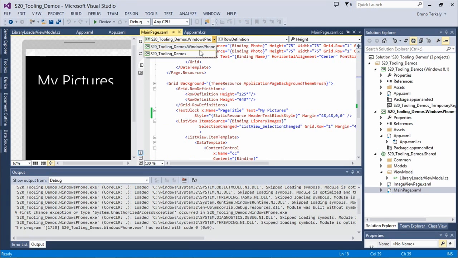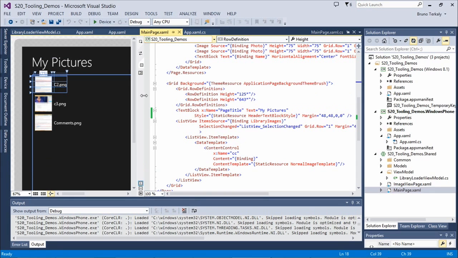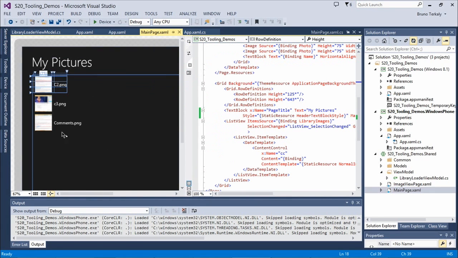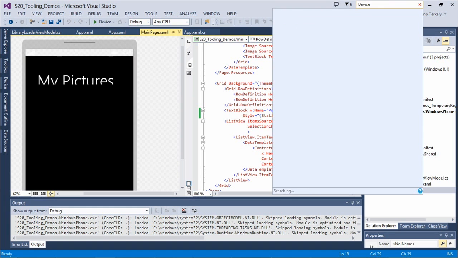But I'm going to show one thing here. This is kind of fun. It actually runs off of the data, our pictures data, inside of the designer for Windows. But you see that when we have our Windows application, the My Pictures looks fine, but we can see that it's all cut off when we're using the Windows Phone version. And this is kind of fun because this allows us to show off our device pane,